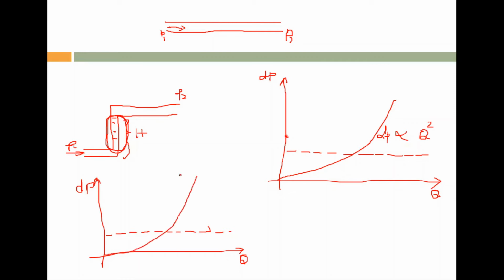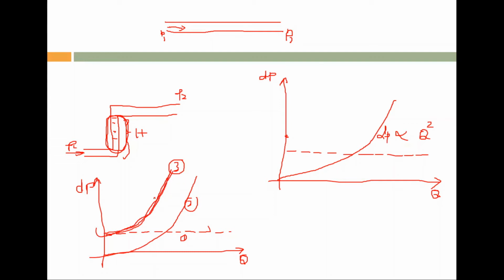Okay, so what about the final, the total friction loss or the system friction loss? That is the sum of these two curves. This is static friction, this is dynamic friction. So the system friction loss is the sum of 1 and 2, that is this one. This one is the system friction loss 3. So if you are trying to transport a liquid with a particular flow rate, the system has to overcome the system curve represented by curve number 3.